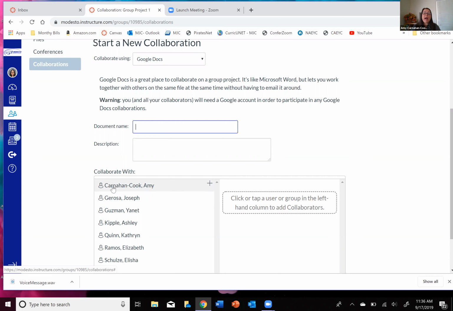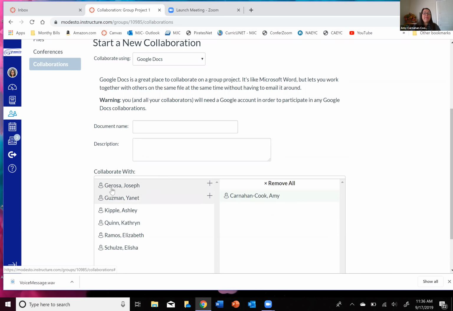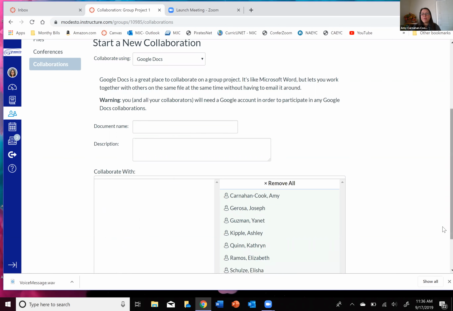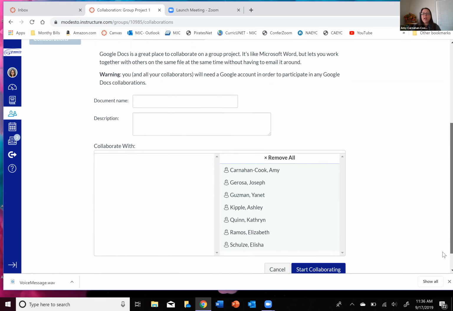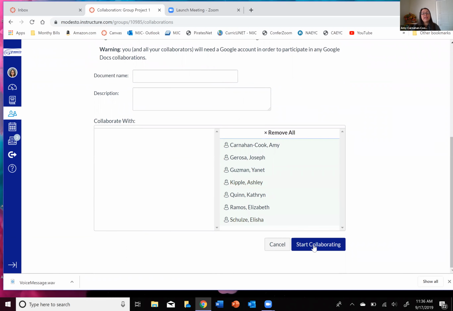So I do recommend that you add me, and then you just click on each of your group members. So again, sorry, group one, I'm using you as our example. You slide down and then you hit start collaborating. Now I'm not going to actually do this because that might mess up group one. But once you do that, it's going to take you to another page that looks similar. It's also going to let you know if any of these people don't have access to Google,